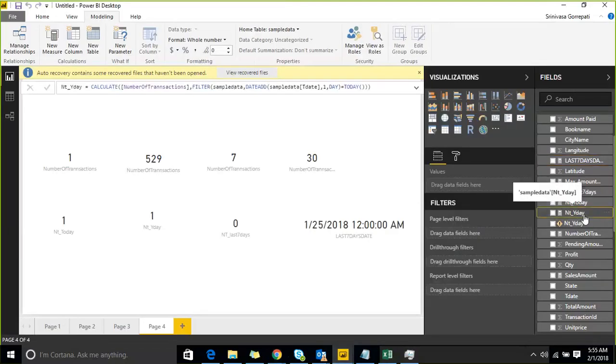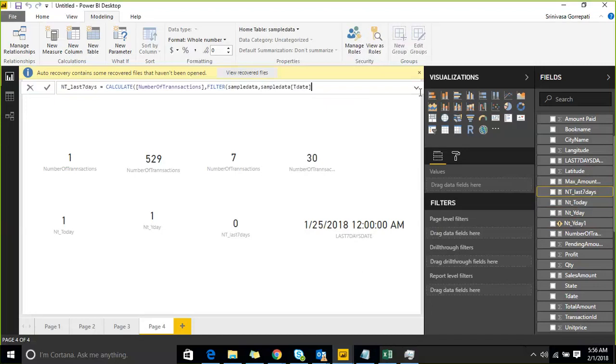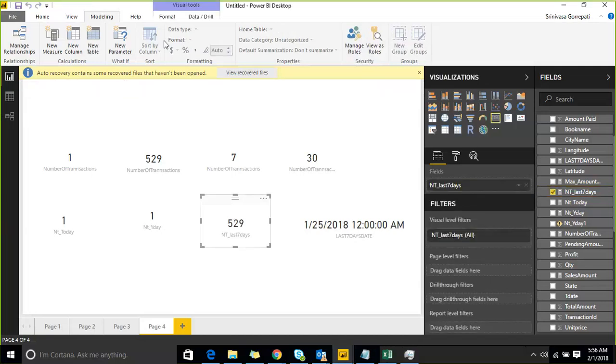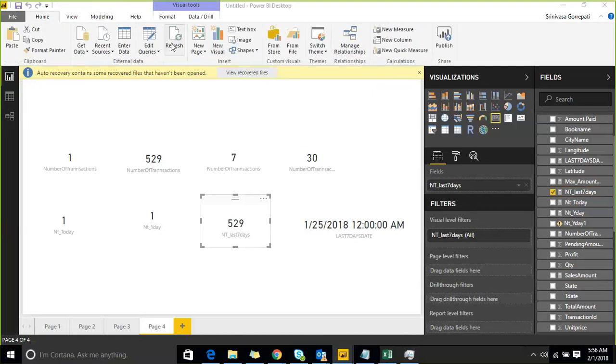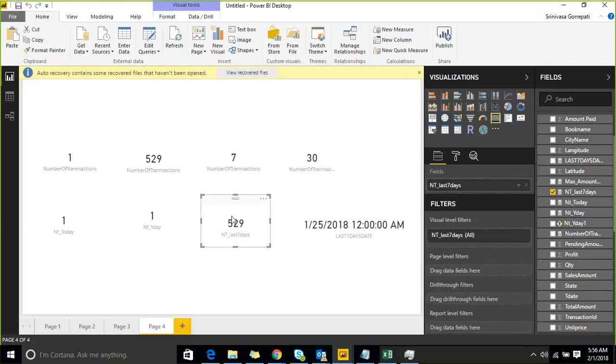So here we are going to filter now your sales data, like sample data of date greater than or equal to last 7 days date. Okay, so until last 7 days it needs to